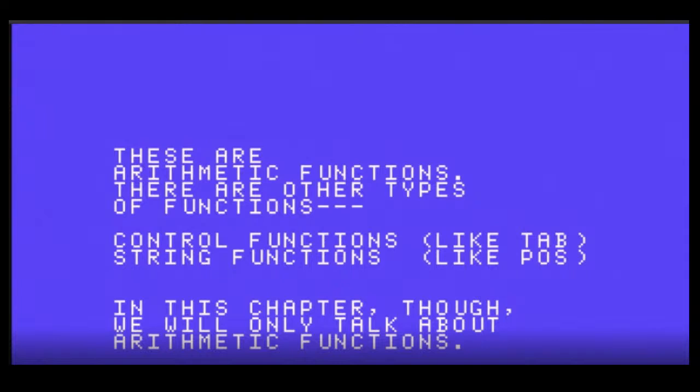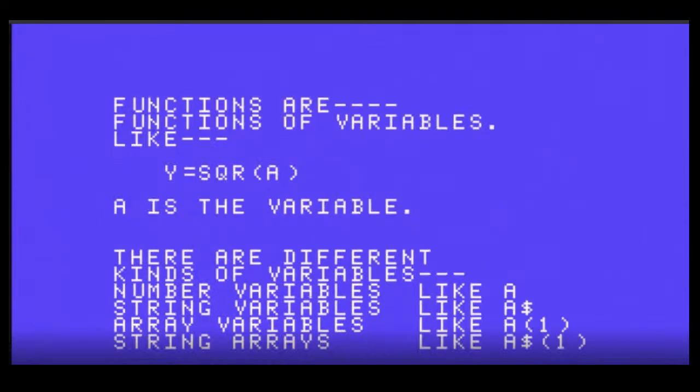These are arithmetic functions. There are other types of functions, control functions like tab, string functions like position. In this chapter, we will only talk about arithmetic functions.